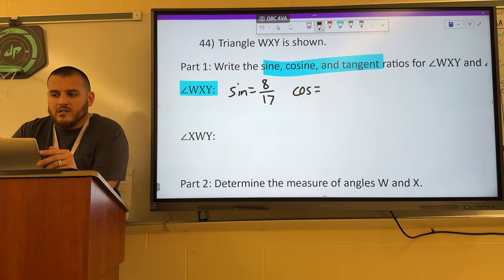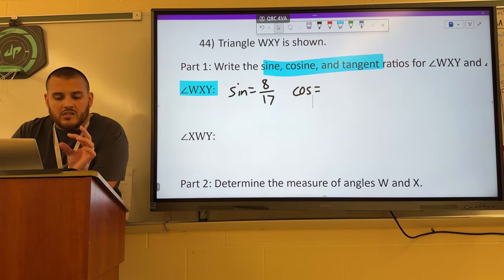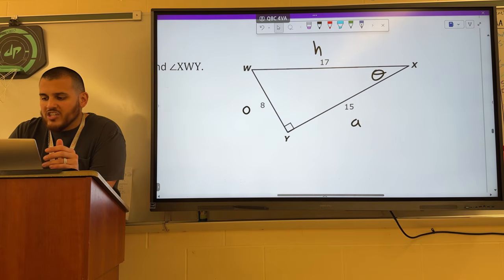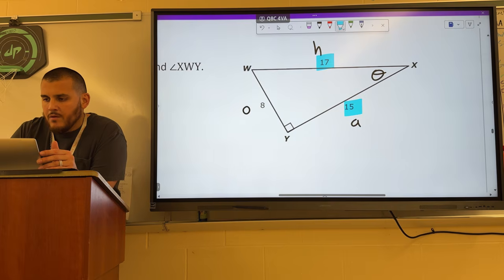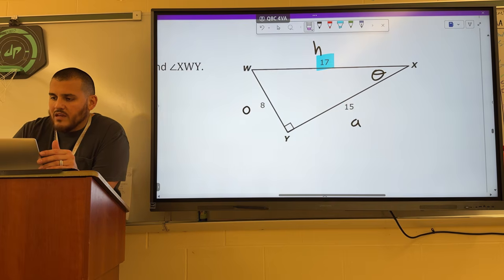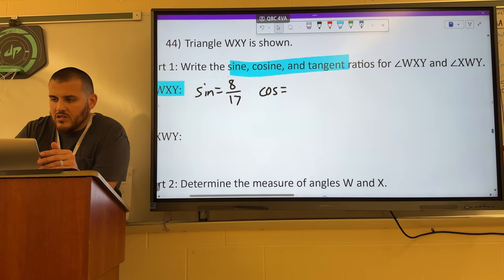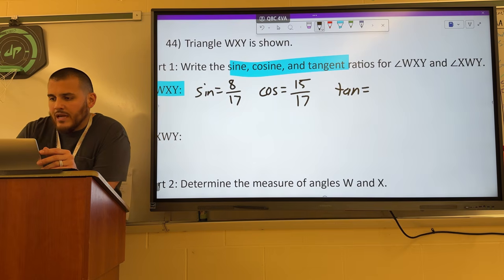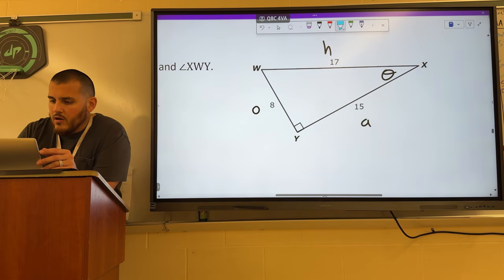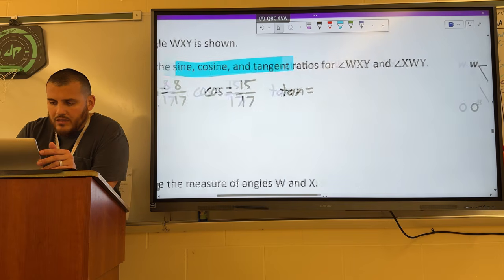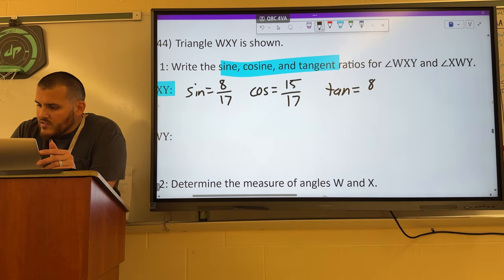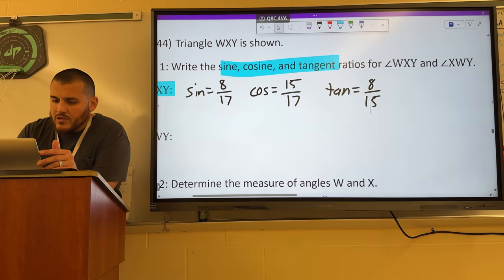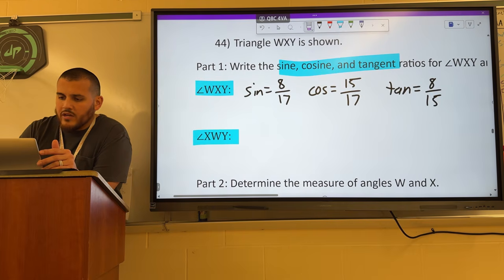The next 3 letters in SOHCAHTOA tell us about the cosine ratio, CAH. Cosine is adjacent over hypotenuse, so 15 over 17 would be my cosine ratio for this angle. And then our tangent ratio, those last 3 letters of SOHCAHTOA, TOA. Tangent is opposite over adjacent, so 8 over 15, right? Next, we need to do the same ratios, but we're doing them for the other acute angle in the triangle now, which is